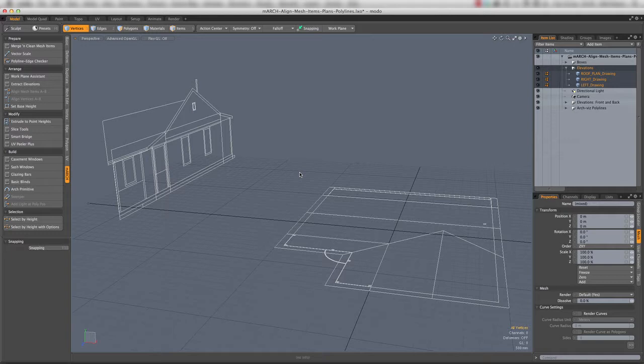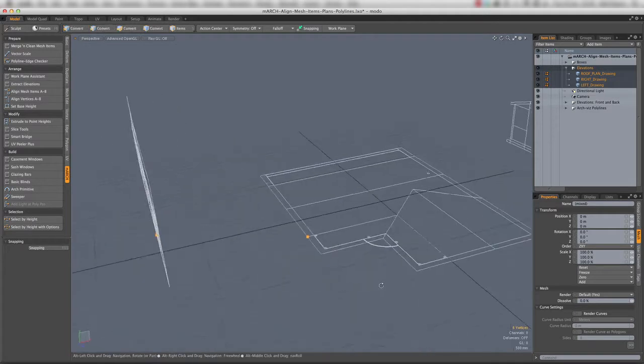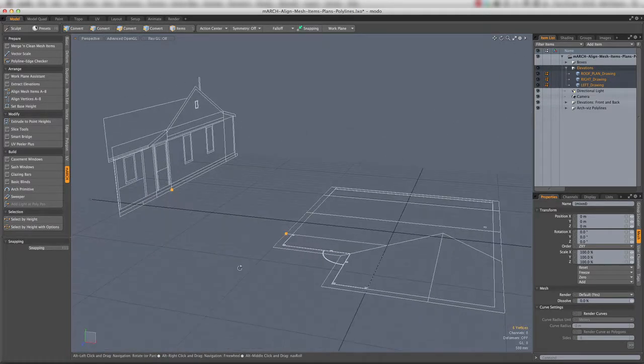Hi, this is Neil with a quick demo of the new Align Mesh Items tool that's part of Modo 701. So a common task is to align one mesh item to another, and Modo features a cool new tool for that. So I'm just going to select 2 points on these simple elevation plans I've got here, run